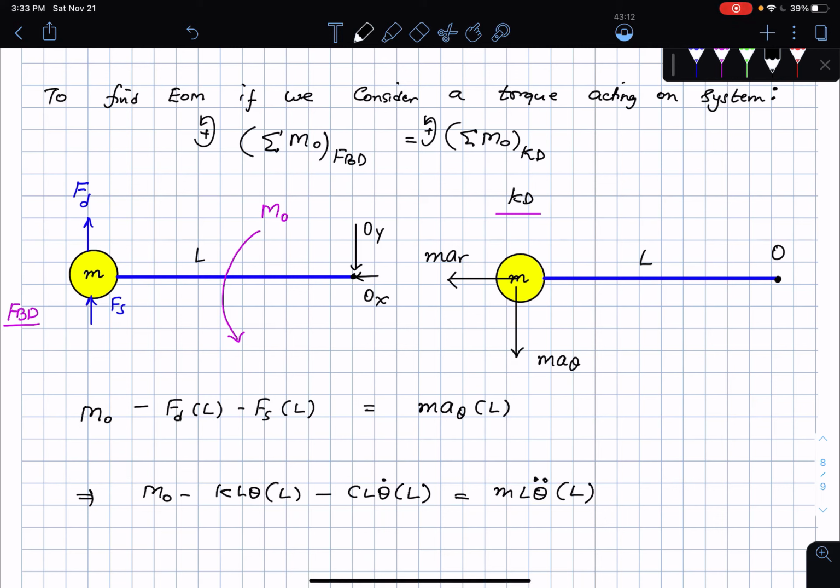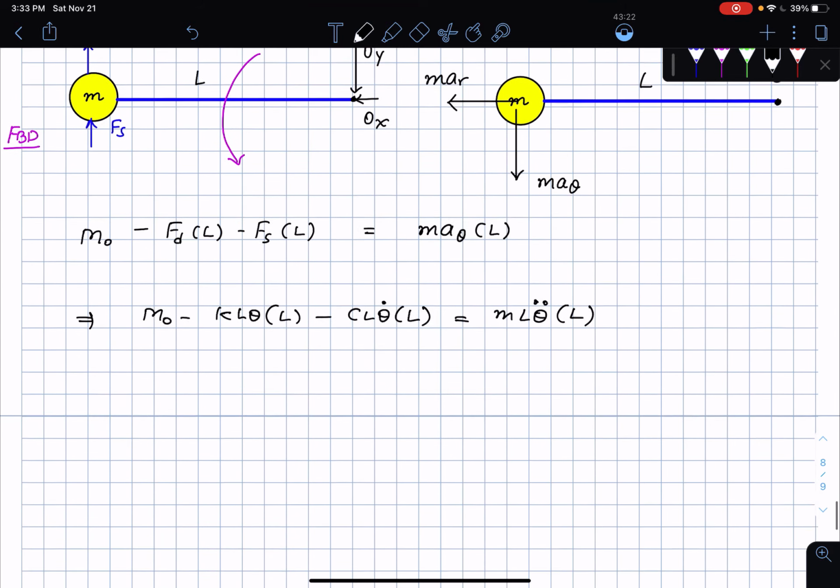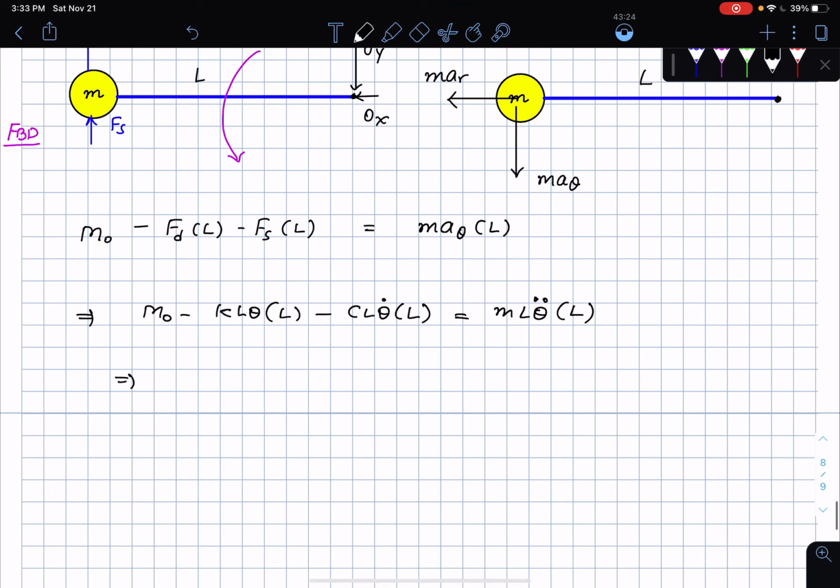I should be getting the same properties of the system. The natural frequency and the damping ratio should not be different just because I'm applying an applied moment. They should be the same as before, and you obviously see they are the same as before. If I rearrange the terms, this is mL square theta double dot plus cL square theta dot plus kL square theta is equal to M naught, which is the applied moment, or if I divide through by L square and divide through by k,